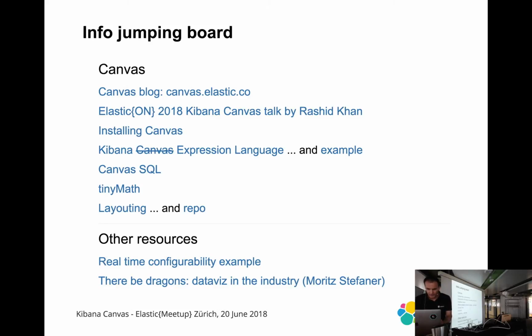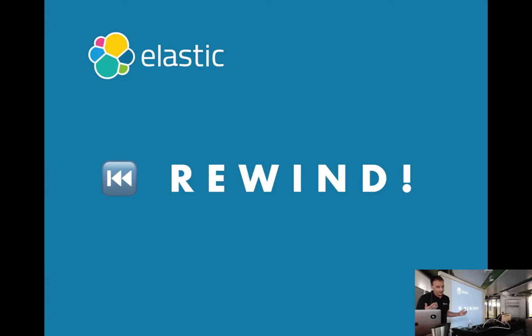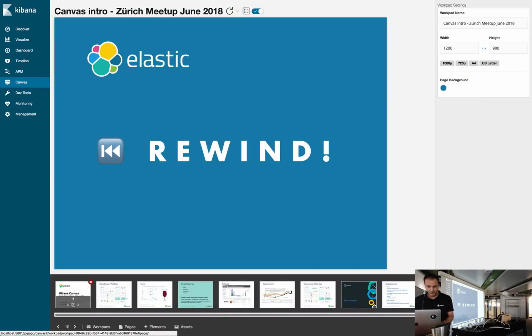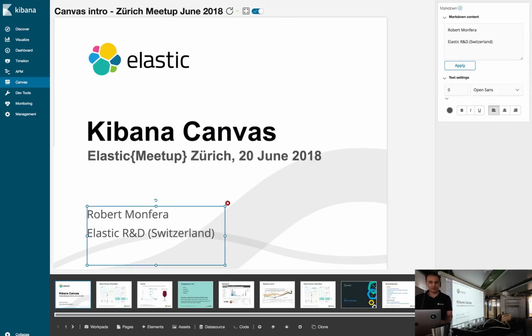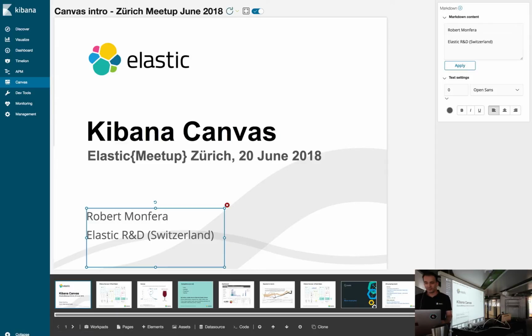Okay, so what we are gonna do is we are going to rewind. So I told you about this slide reuse. So what we will do is we will take a quick look at how this is made. So at the most basic level, it's a bit like other software. So you can grab things, move around, rotate, or delete, and then on the sidebar there's all the settings, so you can change the color if you want,